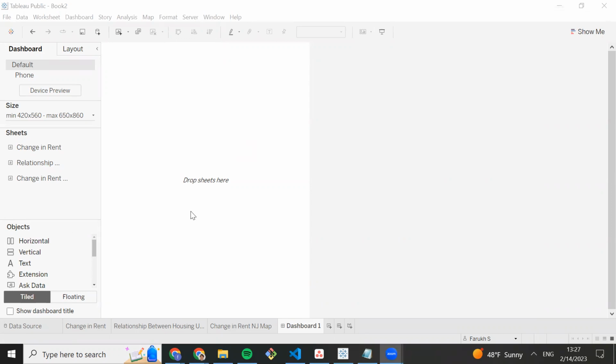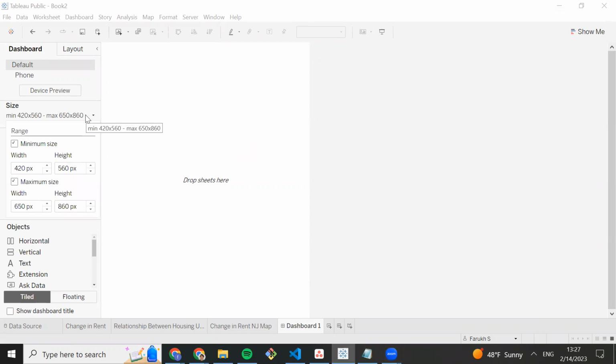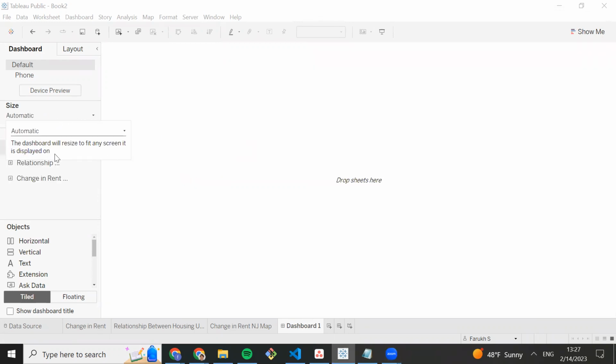With these default dimensions, let's go ahead and change a couple of these metrics. First of all, let's go into Size on the left-hand side. And instead of Range, let's change this to Automatic. As you can see, Automatic is a pretty good option to choose because this will resize the dashboard to